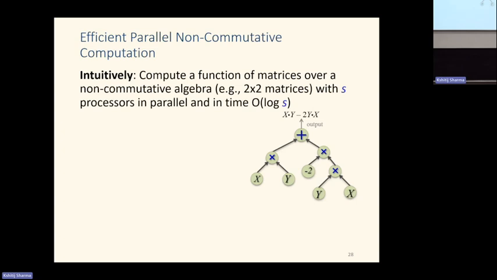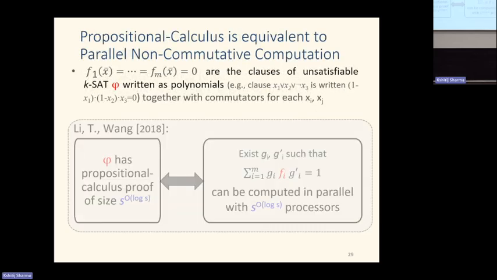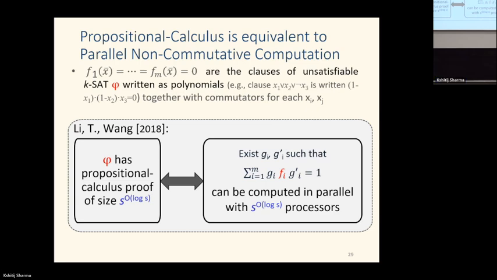Non-commutative means that x times y is not equal to y times x necessarily. And this model is very weak. A lot of things are known about this. So we know that it is weak, and permanent, determinant, things like this are not computable efficiently in this algebraic model. And what we've shown is the following,